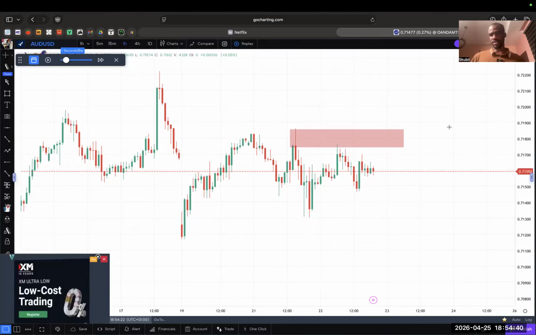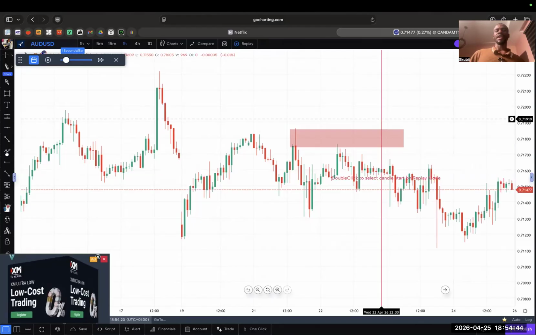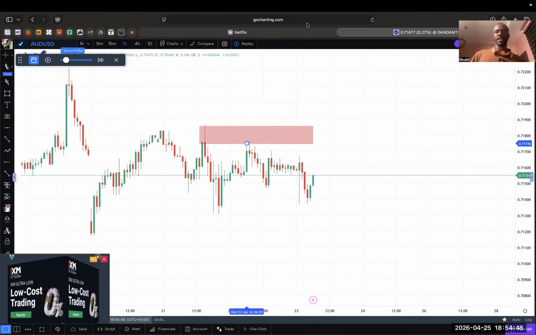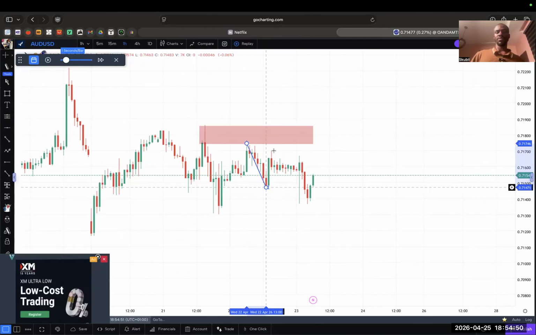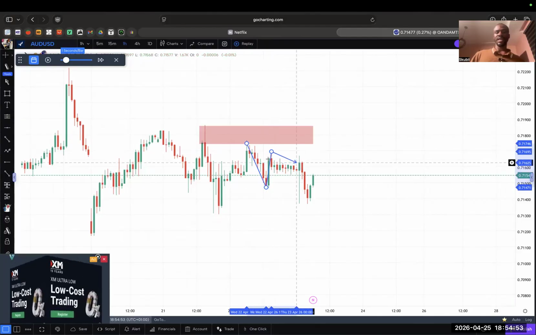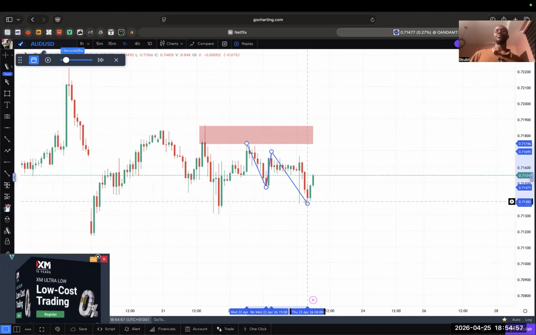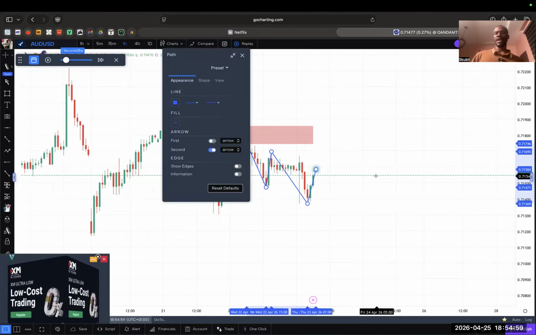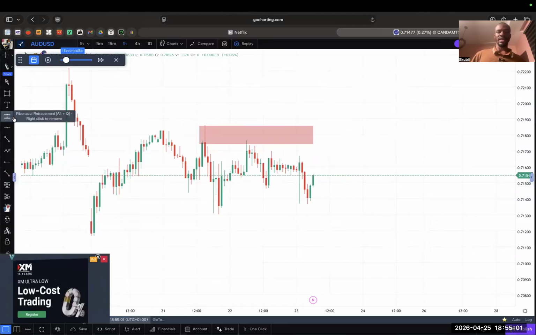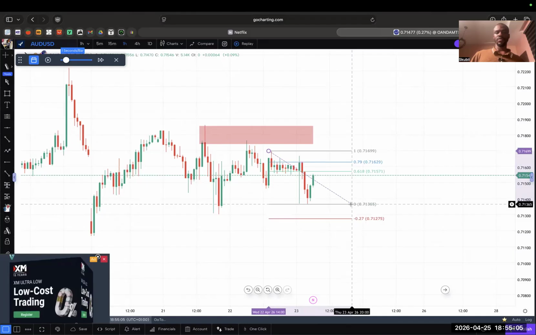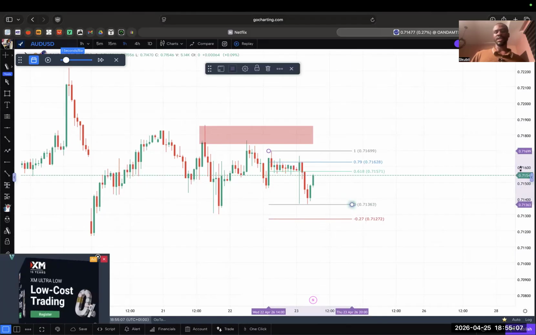So this one was actually a very simple setup that, if we had taken it, would have had nice profits in a short time. If you look at this, price was still creating, in between here, lower low, lower high. And then price pushed to the downside from here to create another lower low. Do you understand? And then price started retracing to the upside. Now, if we plot our Fibonacci from the most recent high, which is here, to the most recent low, you see that our 0.618 level was here.